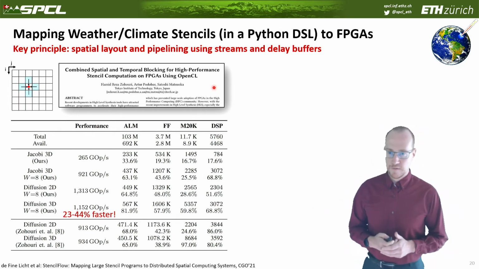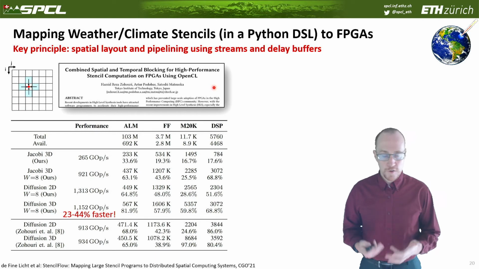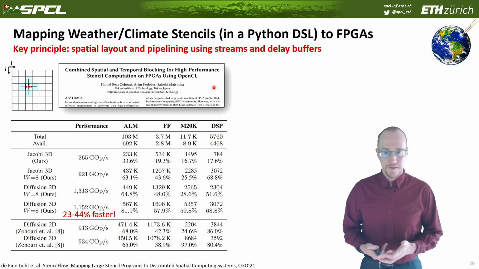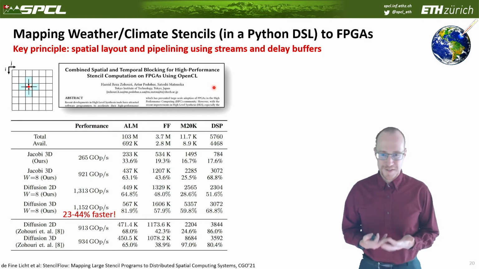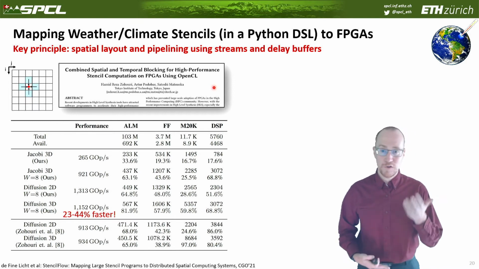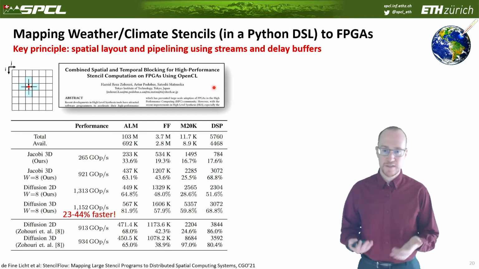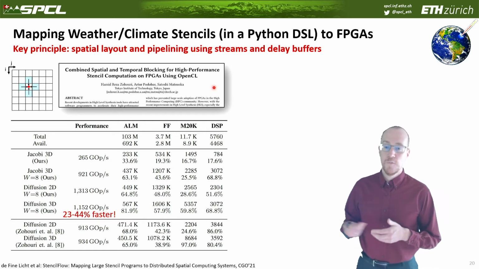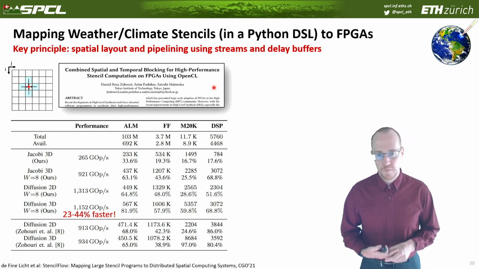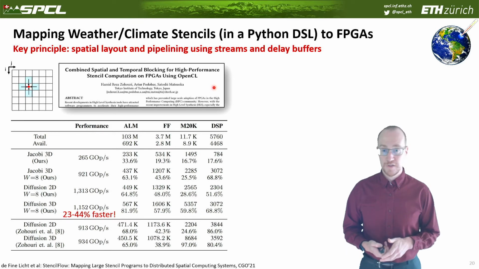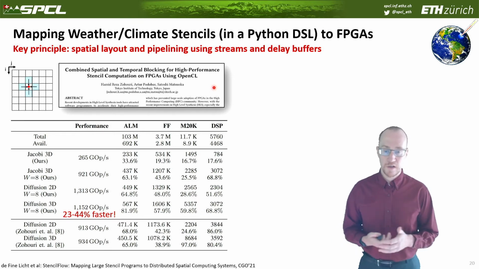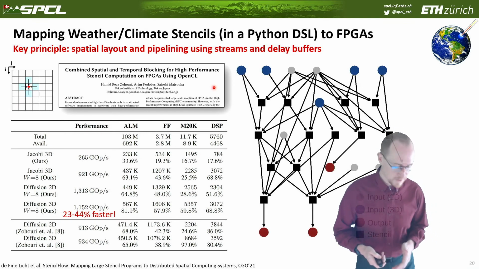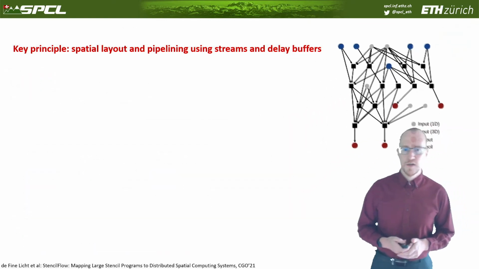The upshot of our result is that with this automatic tuning, and of course the code that we generate is not really manually writable in some sense, because it's thousands of lines of code with complex annotations, we achieve 23 to 44% better performance than the manually tuned code, because of course humans are limited in code generation capabilities. But now let's look a little bit more into real stencils.